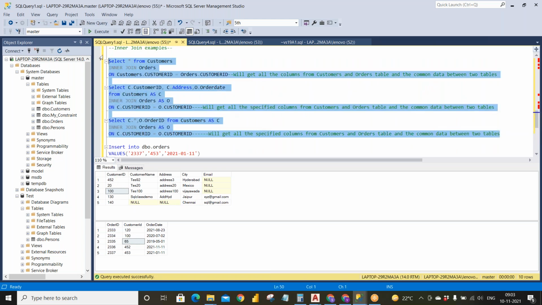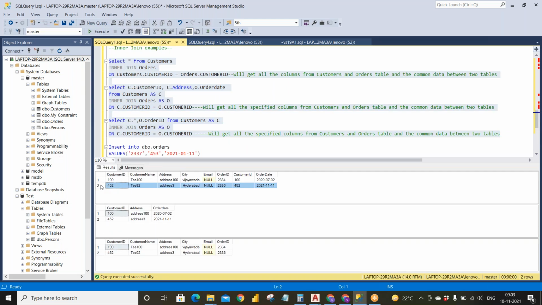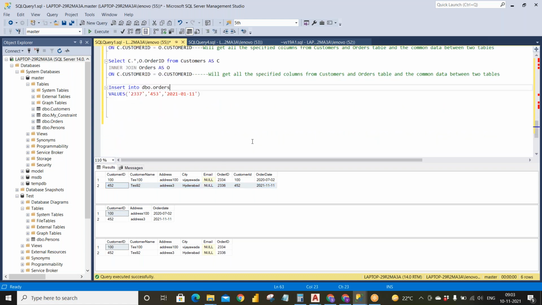We will run all these three at once. Okay. If you can observe, there is a second row which has been given now because 452 is now present in both the tables and the common data is retrieved depending upon our condition like star or whatever column names you have given over here. Okay. So I think inner join we are good.